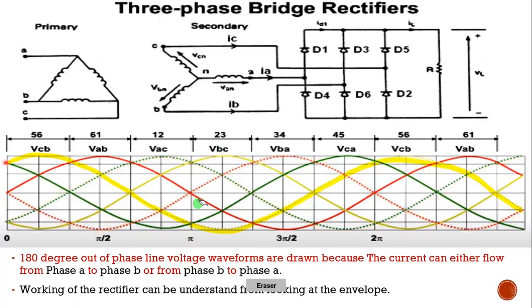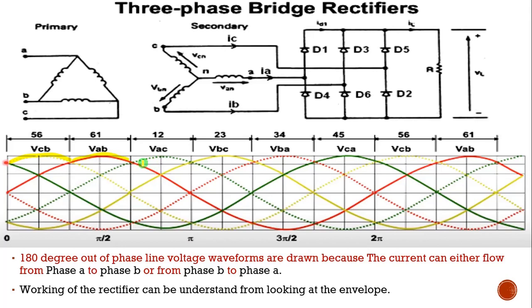Fine. Now you can see here which voltage is higher. This yellow dotted line means VBC. So the yellow dotted line means VCB. So VCB will be higher here, and here the red non-dotted line means VAB, and here the green line